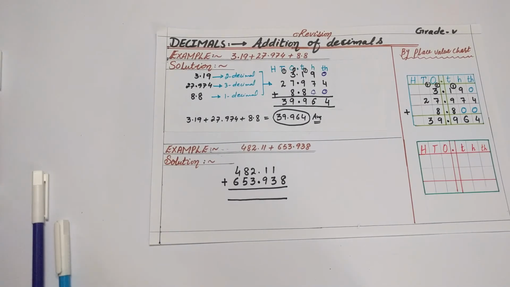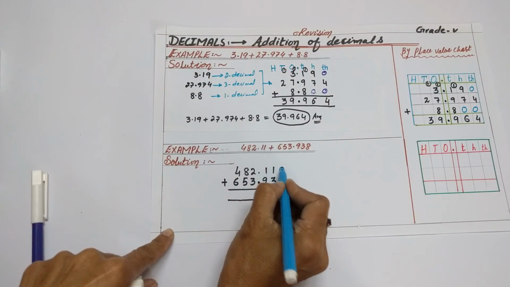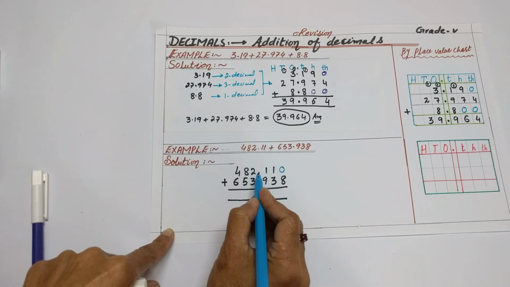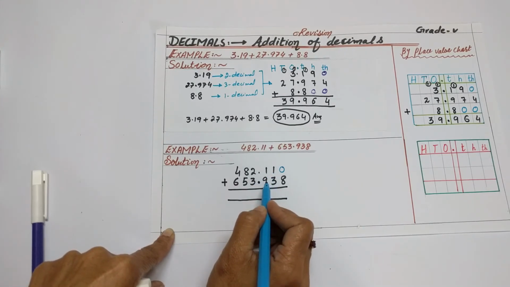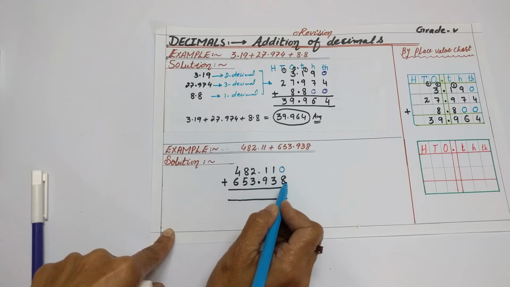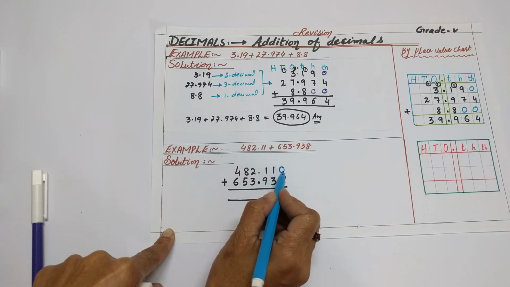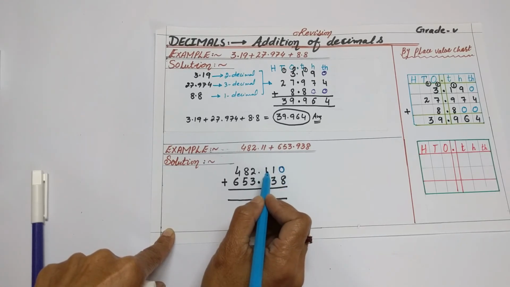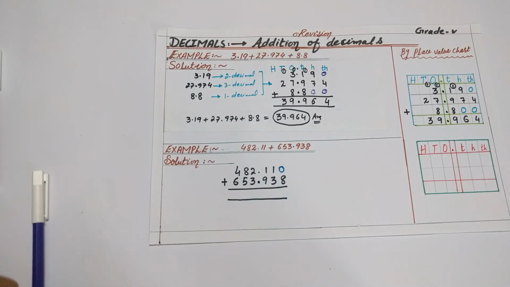Now we will check whether it's like or unlike. So this place is missing, that's why this is an unlike decimal. So to convert it into a like decimal we will put 0 over here, because in this number we have only 2 digits, so this one has 2 decimal places and this one has 1, 2 and 3 decimal places. So to convert it into like decimals we are putting 0. So now this one has 1, 2, 3 decimal places, and this one also has 3 decimal places. Now we can easily add the numbers.